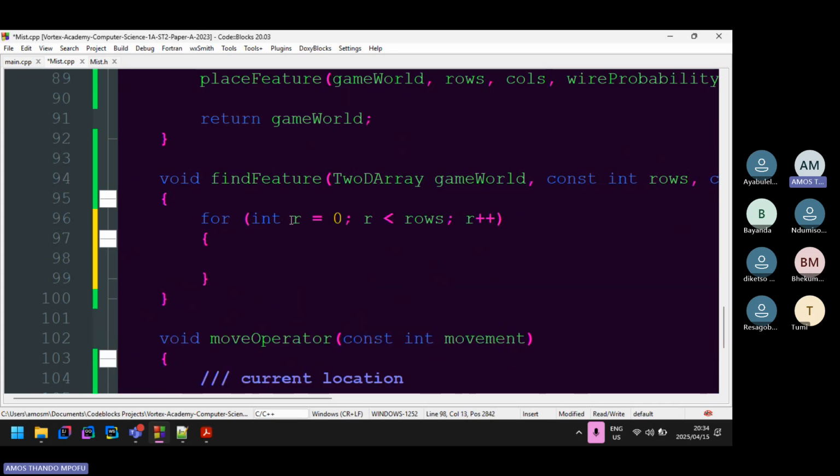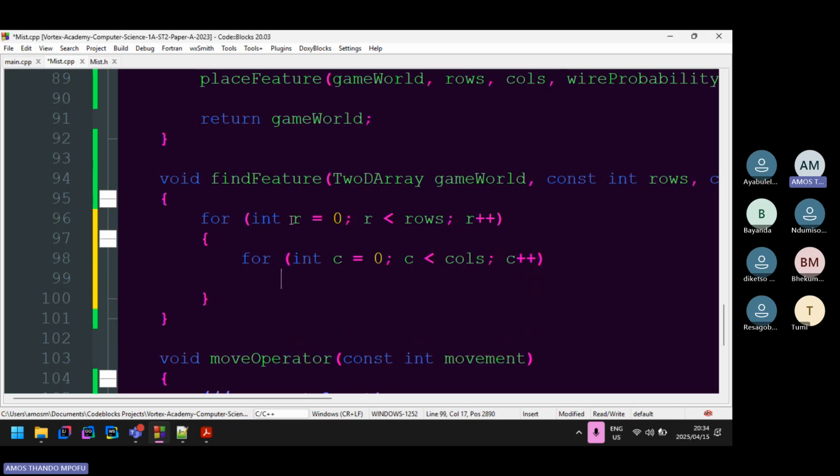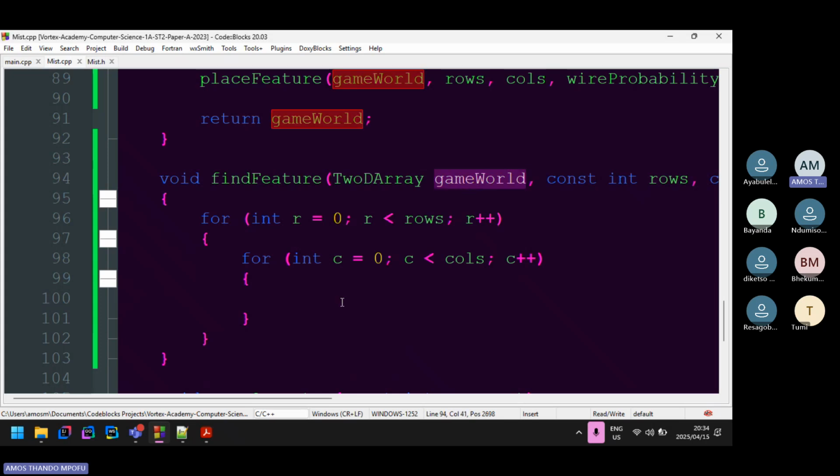Then I go within each row, I go through each column. So int c = 0; c < cols; c++. Once I'm here, I can use my 2D array, right? Remember, this is the 2D array. I can use it to check if I found the feature, which is basically an if statement. So check if the feature was